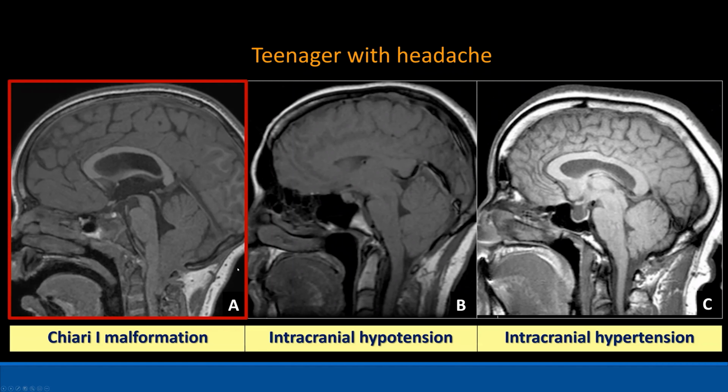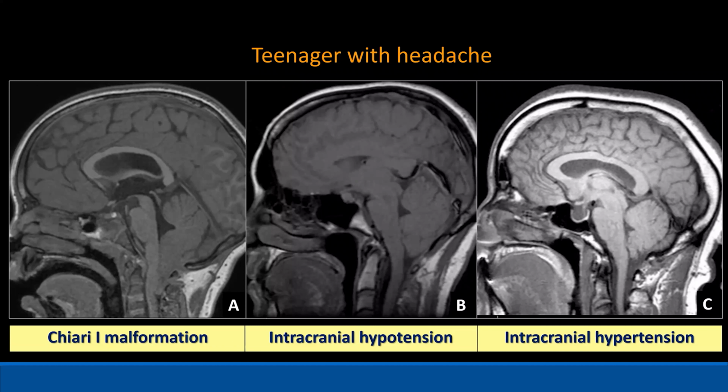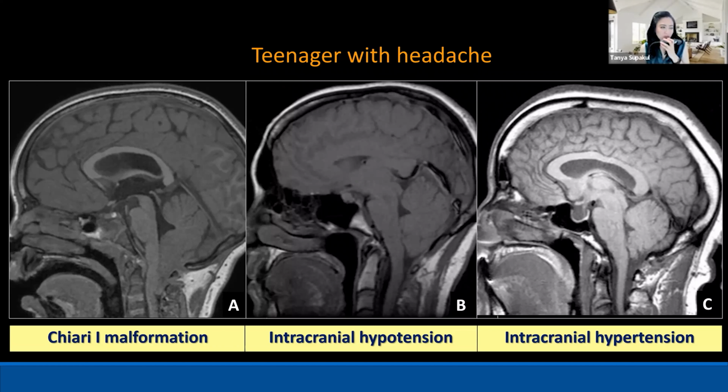Tanya, can I ask a question? Yes, sure. How often do you see signs of intracranial hypertension in long-standing Chiari 1 malformation that has not been surgically repaired? Once in a while we see that too, but I think Chiari 1 malformation is something that comes and goes. Sometimes you see it, sometimes you don't, but I think it's just a development of the brain and bone that does not go together very well. For obstruction, I don't see it that often, but we can see some once in a while if it's acute. All right, thanks.